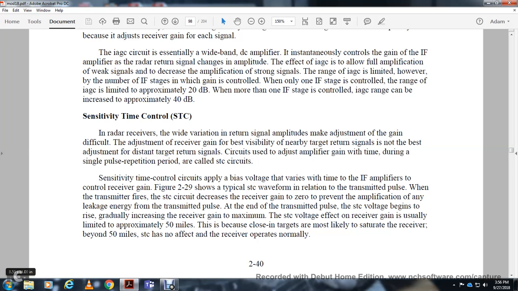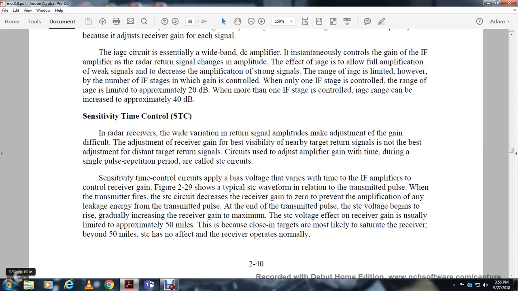Sensitive time control circuits apply a bias voltage that varies with time to the intermediate frequency amplifiers to control the receiver gain. Figure 2-20 shows a typical sensitive time control waveform. The relation to the transmitted pulse: when the transmitter fires, the sensitive time control circuit reduces the receiver gain, which prevents the amplification of leakage energy from the transmitted pulse. After the transmitted pulse, the sensitive time control voltage begins to decay at the end,